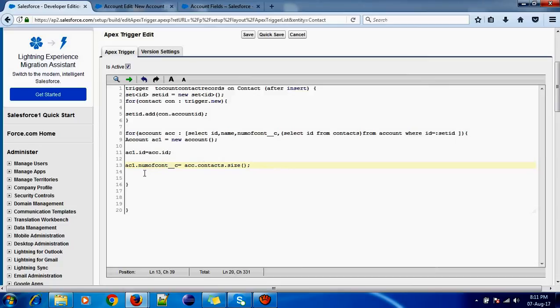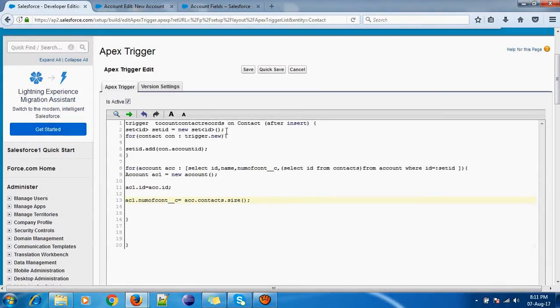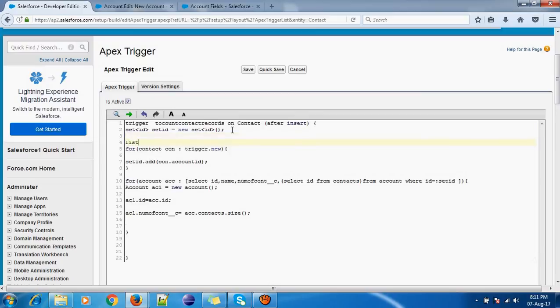Okay, and what we'll do now is put it in a list. So we will create a list here, list of account, list account is equal to new list of account.